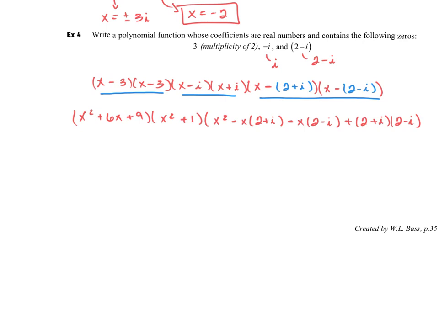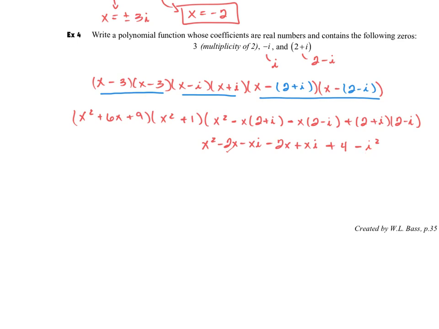Now in the next step, what I want you to do is I want you to distribute your x's, your negative x's, and I want you to FOIL this remaining portion. So pause the video, do that step, and let's check our answers. Okay, so when I FOILed these out, I now have my negative 2x, my negative xi, a negative 2x, a positive xi, and when I FOILed these two, recognizing their complex conjugates, the middle term drops out, and I'm left